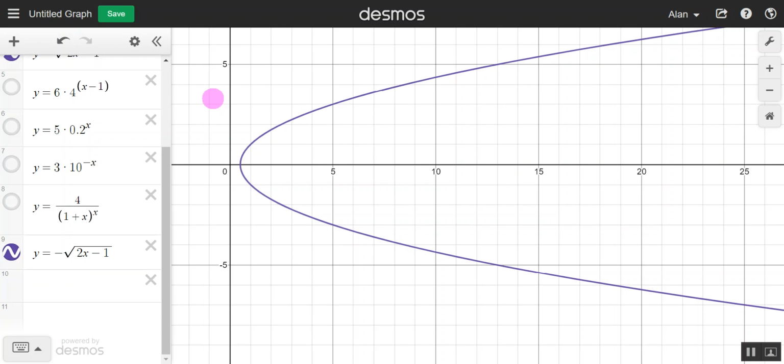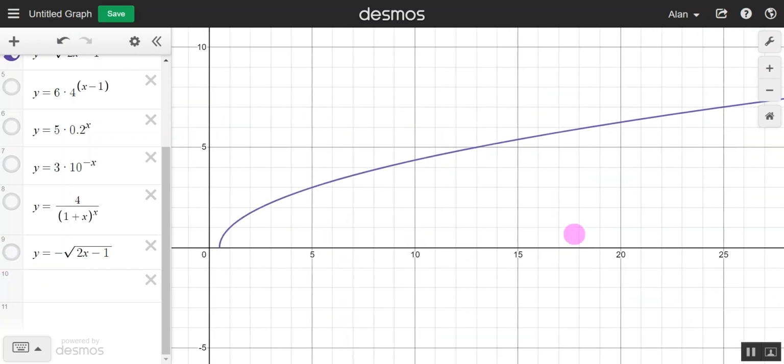This is what annoys me about students when they argue and they put in a test, "Oh, but my calculator told me that the square root of 9 is 3. So why should I put 3 and minus 3?" Because the calculator says, yes, but the calculator is limited to programming. Your brain is not. So this is what it would look like if you took both. But we're not going to take this side. We're only going to take the top because we're going to describe just one half and say, right, what happens as x gets infinitely large? Does y get infinitely large or not?